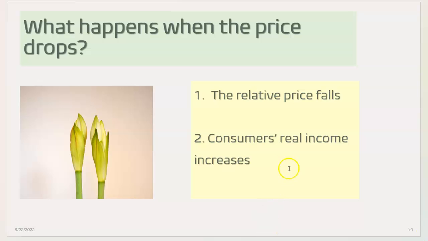The second thing that happens is that the consumer's real income increases. What does that mean? What's real income? If you remember from macro, real income is when you deduct the inflation from the income itself. And so you are taking out the inflated price, so you are left with how much it really buys. Kind of like,